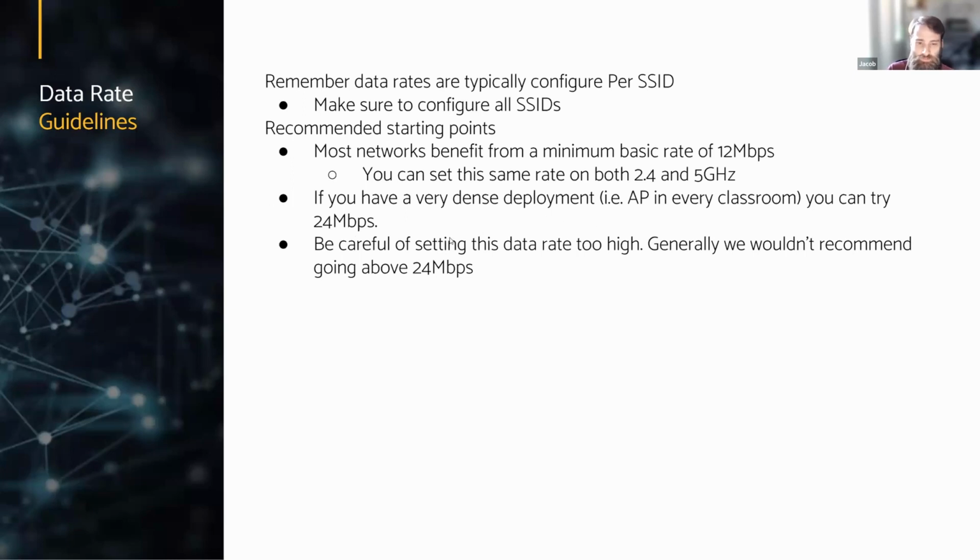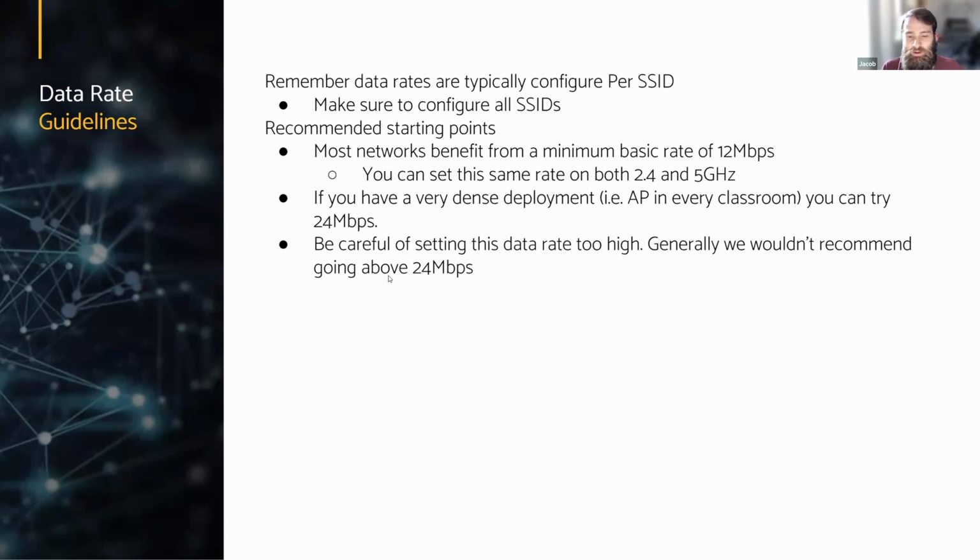And of course, that just means all the traffic is sent even faster, so less risk of some of that overhead that we're talking about. But one thing to be wary of is setting this too high, right? If you're thinking, well, I want faster traffic all the time, faster is better. Well, if you go up to like 54 megabits per second, for example, which is the highest rate most vendors might let you set,